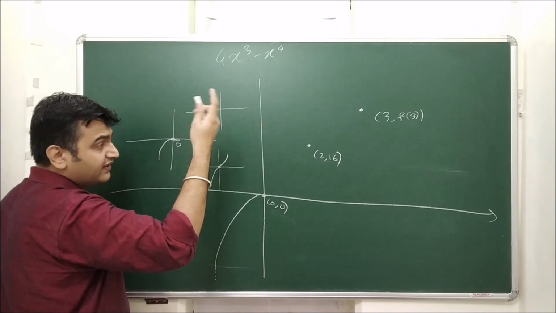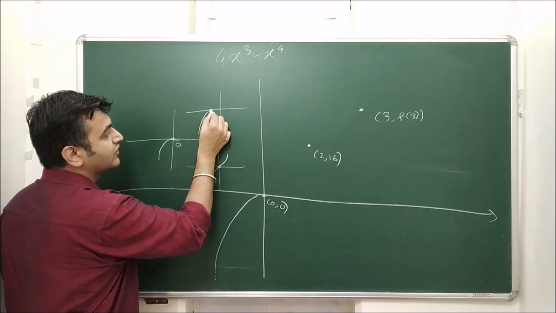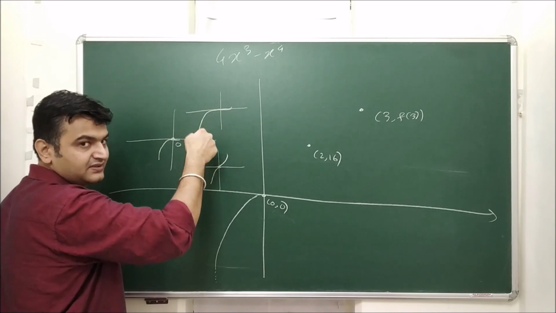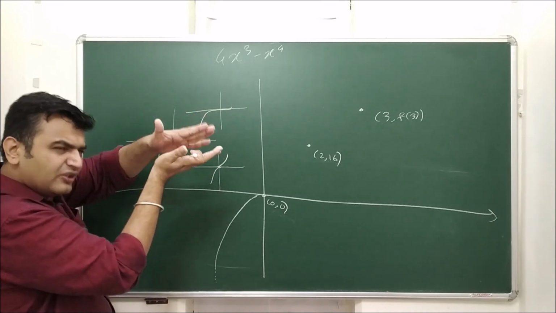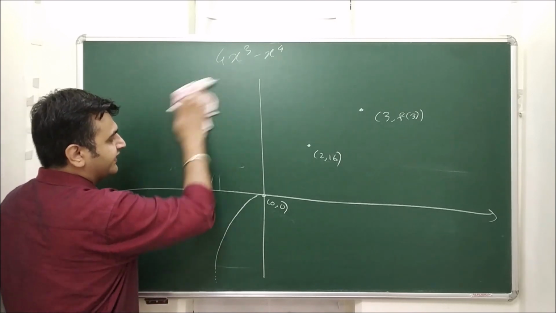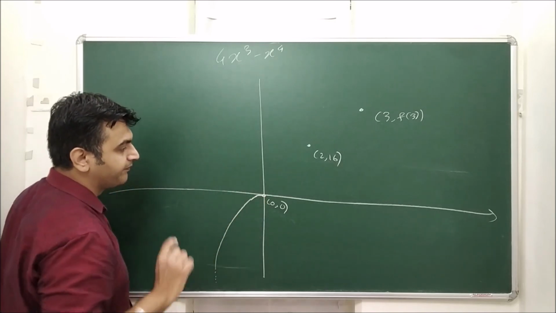Or decreasing or increasing, whatever. Suppose it is becoming 0 7 times, so you will have a much more horizontal graph at 0. It's not touching everywhere, it's touching only at 0, but it will be very close to the x-axis. So even these algebraic multiplicities help us to draw the graph nicely. So this will be like this.